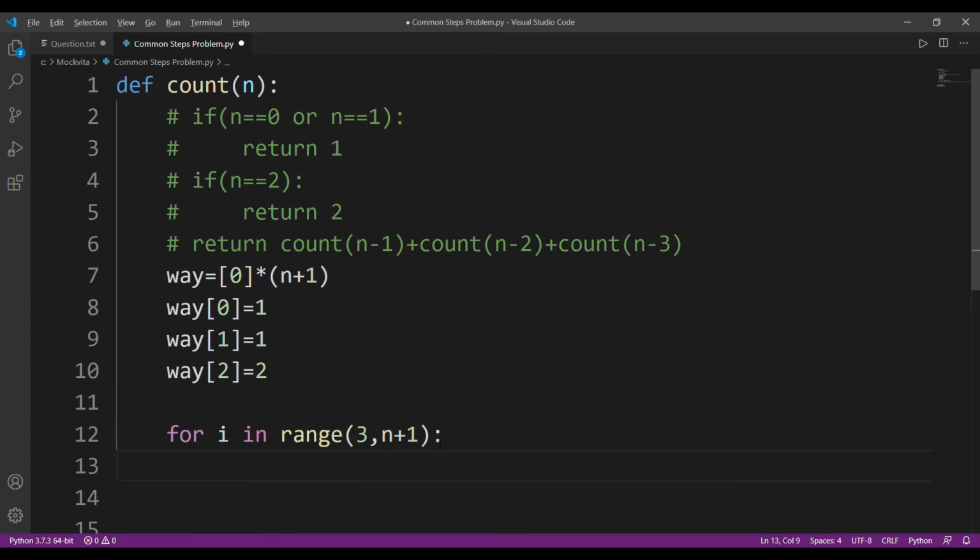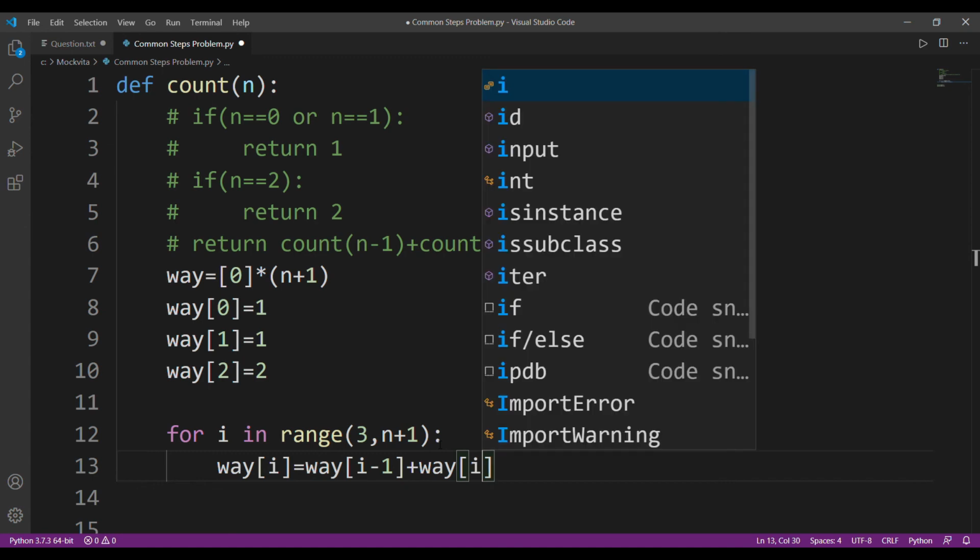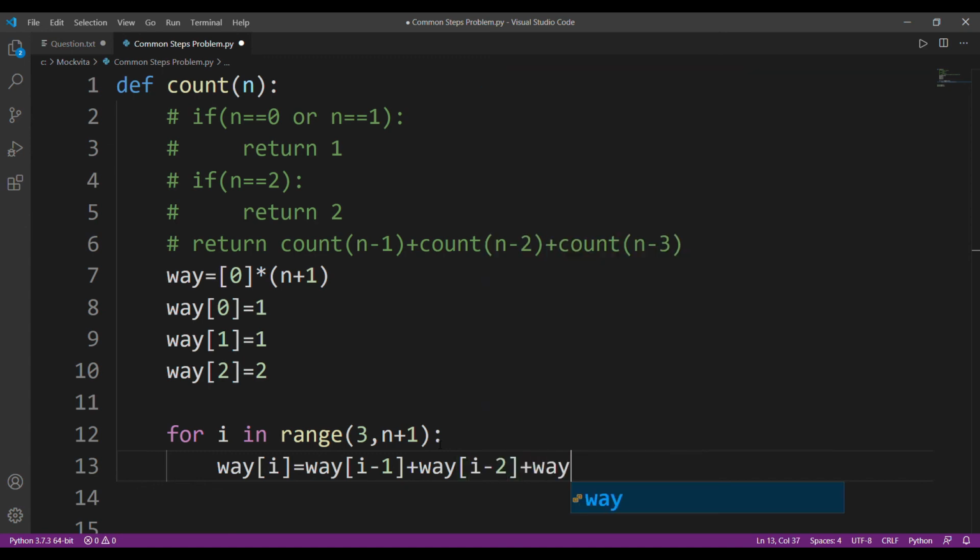So for i in range of 3 to n plus 1, the new third step will be a sum of way of i minus 1, i minus 2, and i minus 3. So I'll just add all of these. I'm actually doing the same thing that I did in recursion, but it will reduce my complexity drastically.